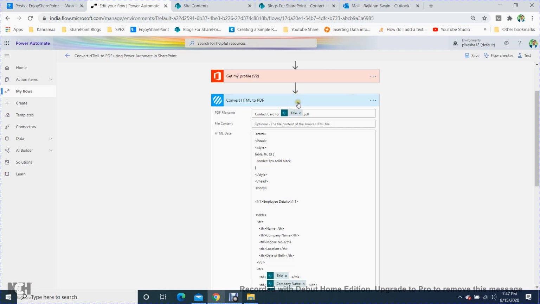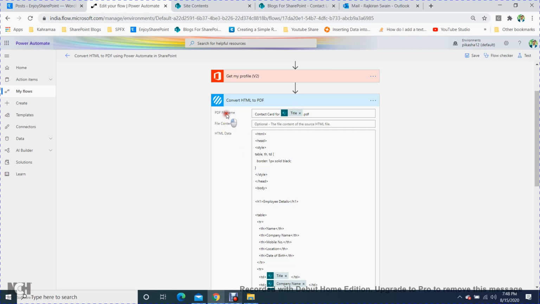In convert HTML to PDF, there are steps you have to add, and this is provided by a third-party API. You have to register on their website first, and they will provide you a secret key which is required here.